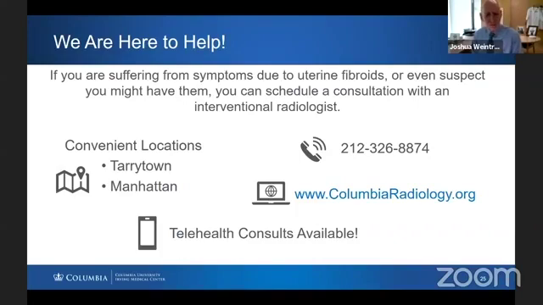Does this procedure work for fibroids 7 to 9 centimeters outside the uterus? It's interesting. For fibroids that have a broad stalk, some fibroids have a very broad stalk and may be outside the uterus, and those it's very effective for; we'll see the fibroid reduce. It's the fibroids that have a very narrow stalk